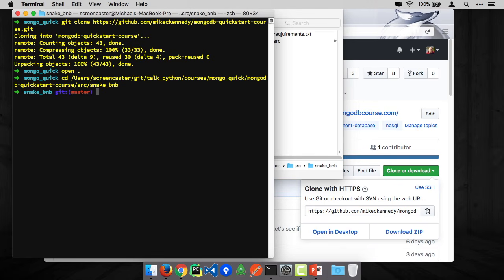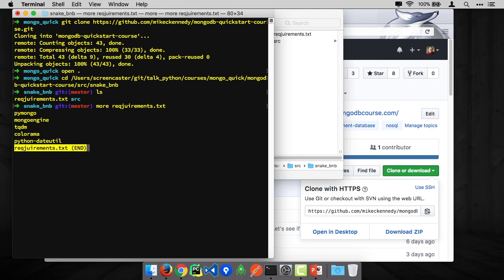So you may be familiar with Python and virtual environments and so on, but if you're not, let me give you the quick overview of what's going on here. If we look here, we're going to have apparently a misspelled requirements file, which we're going to take care of in a second. But notice in this requirements file, these are the external libraries, PyMongo and MongoEngine for MongoDB, and